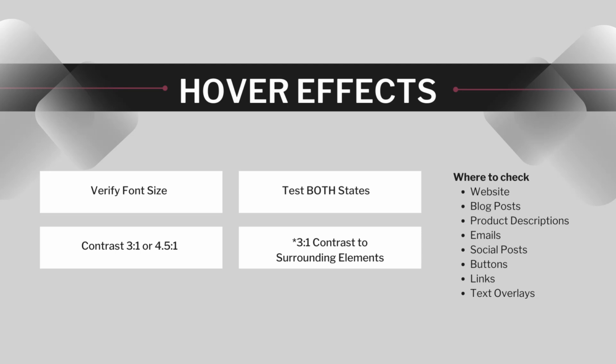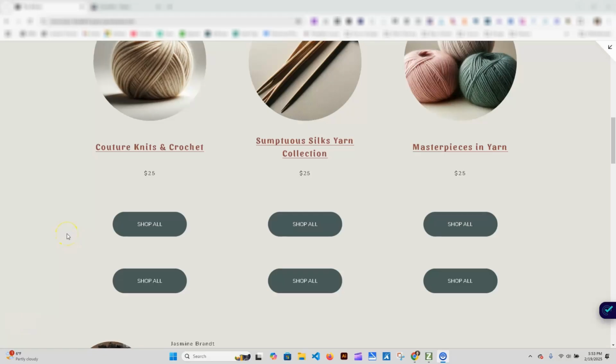There's other criteria around making buttons accessible. There is a different contrast ratio of the button background that it needs to meet to its background. But today we're focusing on the text of the button to the button color. Here are some examples of buttons with hover effects.